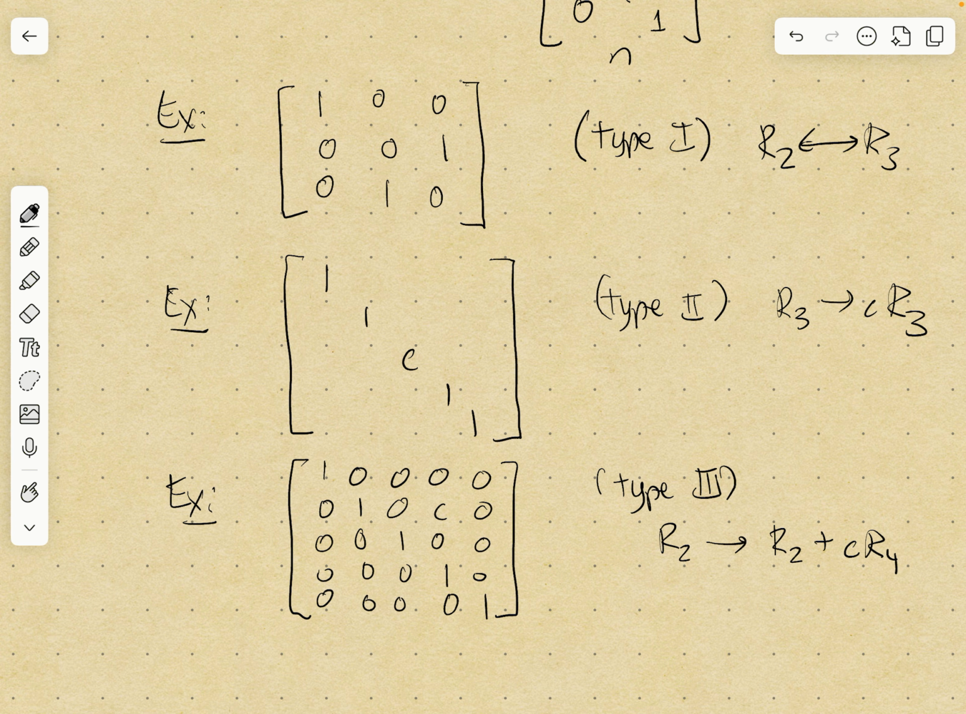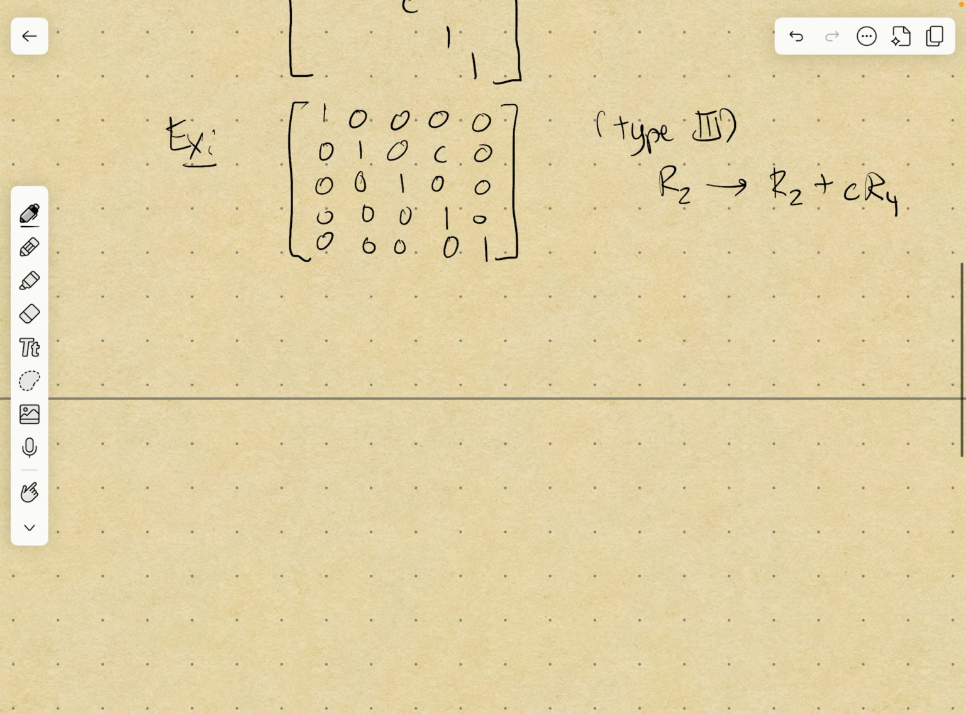In the previous video, I mentioned that elementary matrices are sort of like the atoms of all invertible matrices. Well, what do I mean by that? That's what we're going to talk about in this video. One of the reasons why elementary matrices are significant